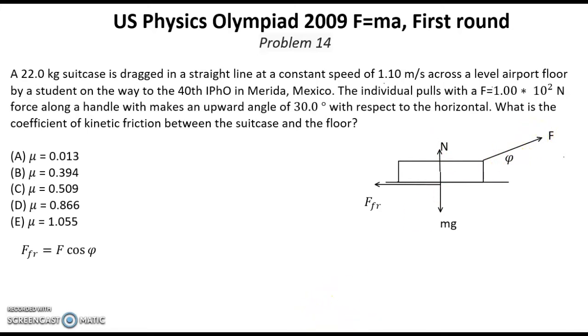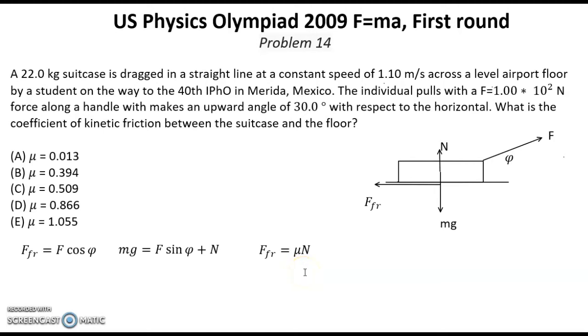So that will be this equation: mg equals F sine phi plus normal force. And next one is relation between normal force and force of friction. Because this body is moving, it means that we have this equation, that force of friction equals